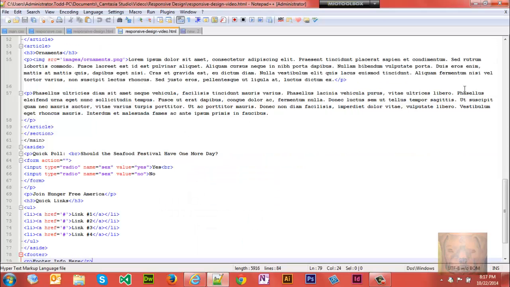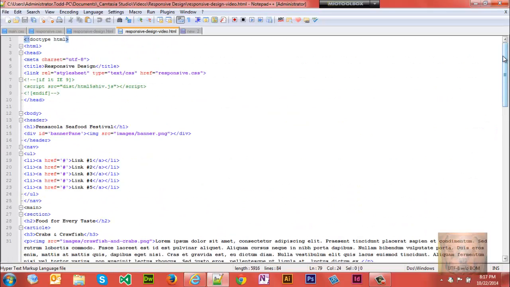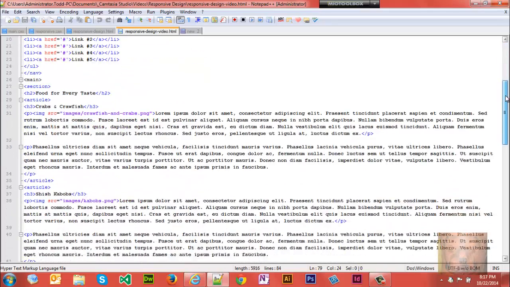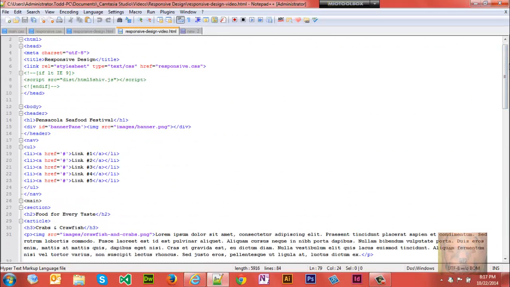Alright, this is the raw code. The code snippets are at my website, skeeterz71.com, along with the images. Images I took personally at a seafood festival. There is no license attached to them. You can use them if you want to follow along this course. You can use them for whatever you want to. I don't care. Alright, so let's get into